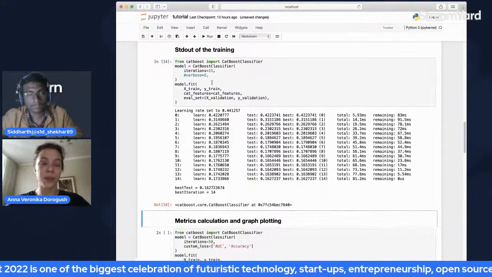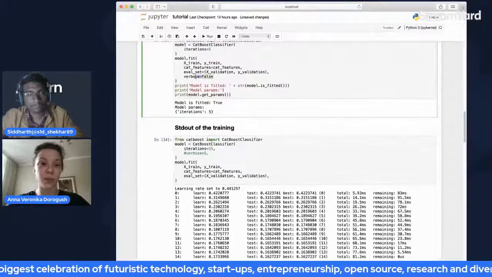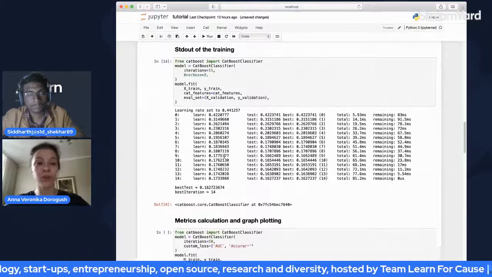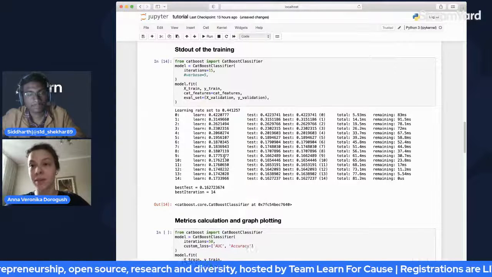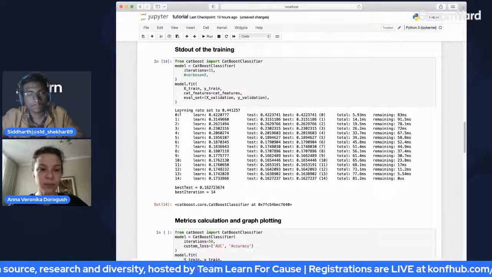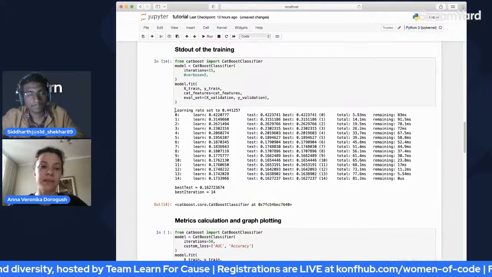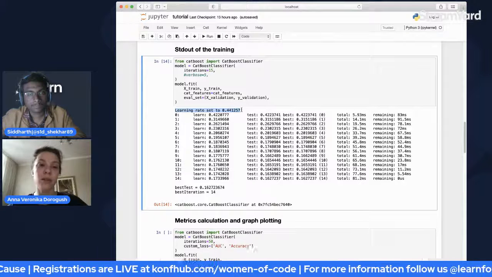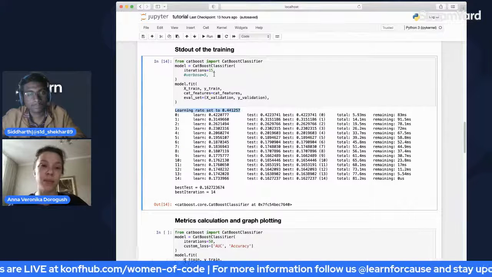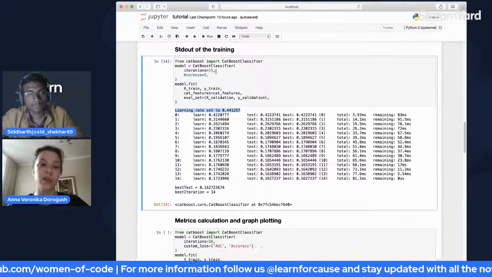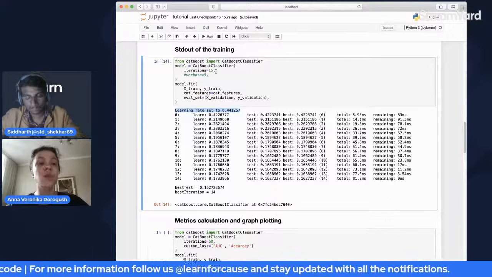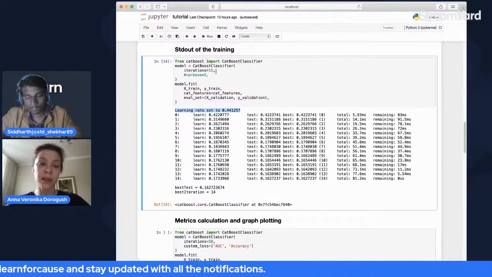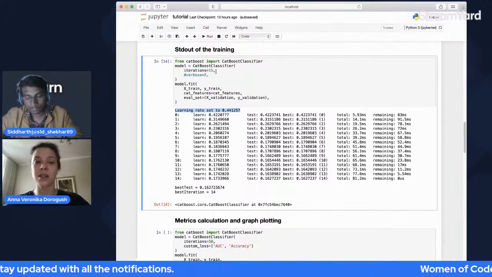Here I have specified verbose equals false. If I do not specify that, then I am able to look at the standard output of the library. What can I see here? First of all, there is a learning rate parameter, which is set automatically based on the number of iterations, the parameters that you have, and also the data set. You might specify the learning rate, but by default, it's calculated automatically.